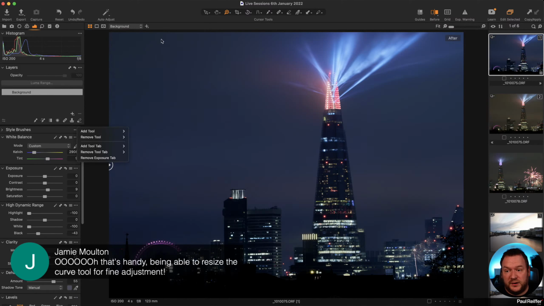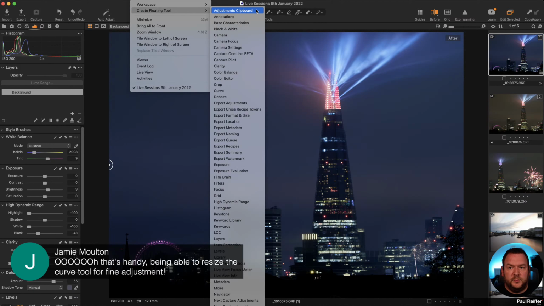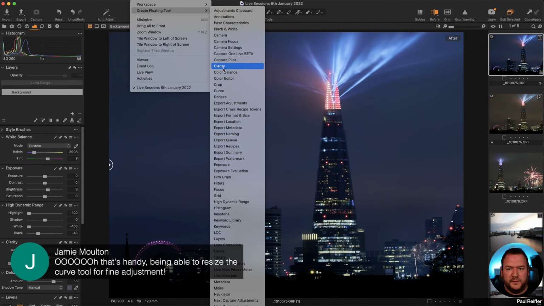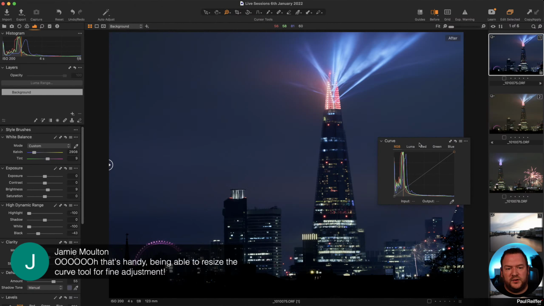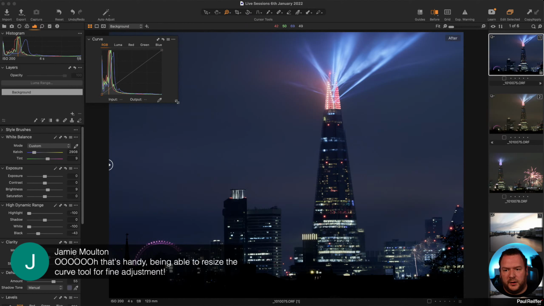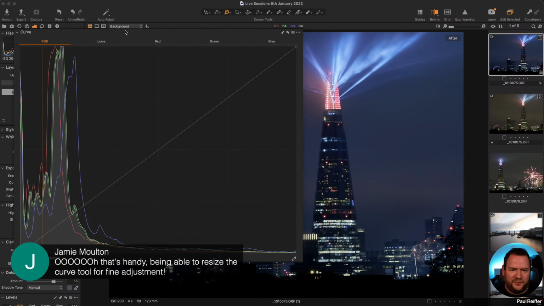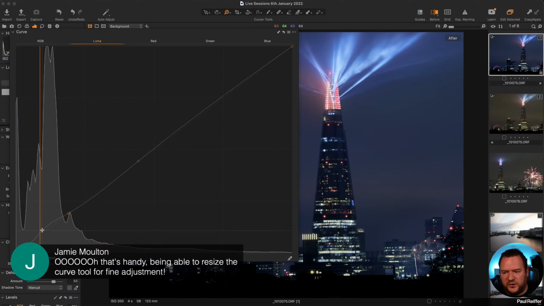If you want a floating version of levels, go to your window, go to create floating tool. You can do it to any of the tools that are available, and it will load in as a standard size like that, but I can then do that. It gets a bit tough to see everything on the screen, but we can see in a lot more detail and have a lot more precise control over this curve without needing to worry about trying to do it at a pixel level.